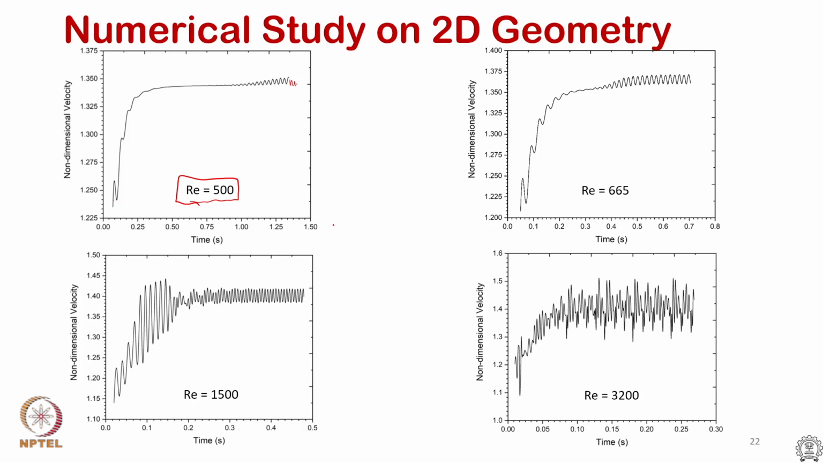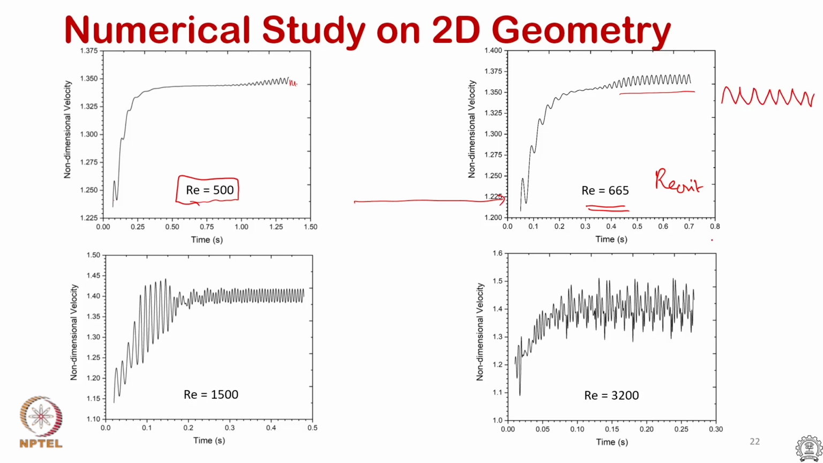But as I increase the Reynolds number, there comes a point called the critical Reynolds number. This critical Reynolds number is where the unsteady flow effects can be clearly seen, and 665 turns out to be the case for this particular geometry, and one can see that the velocities are now oscillating up and down and they are sustained,